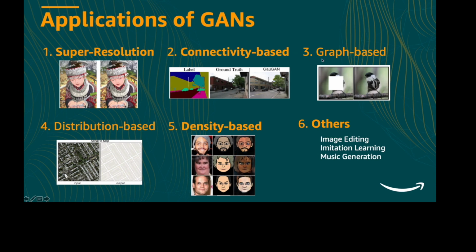Some of the other examples: you have an image with some blobs in between, and you want to reconstruct those parts of the image. GAN can be used for this. Another example is that you have one type of view of, say, a street, and you might want to convert it to a lane type of view, just like how you see in Google Maps.